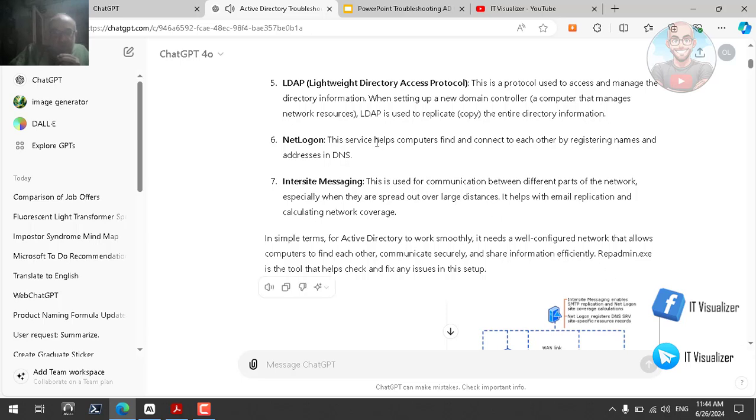So these 7 points are very, very critical for Active Directory to work smoothly and also for the replication to happen. Okay, and repadmin, as I say here, will check every part of these 7 points and see if there is a problem with it. If there is a problem with it, the replication will not happen. So repadmin will check all of these 7 points to make sure the replication is working properly. So this is the answer of